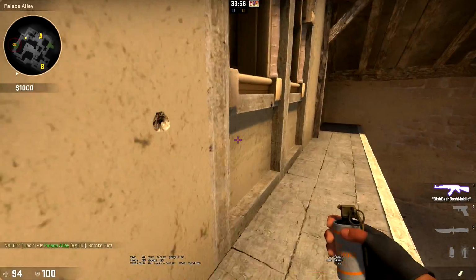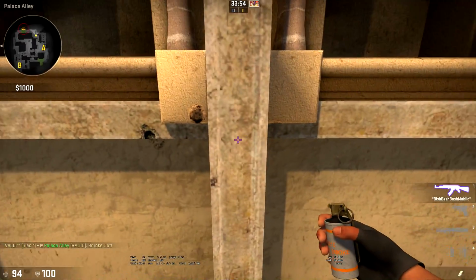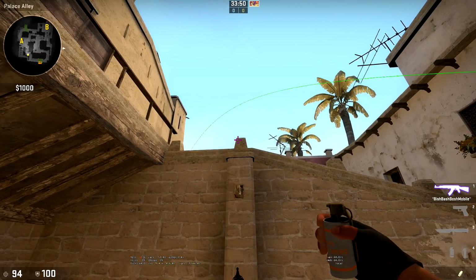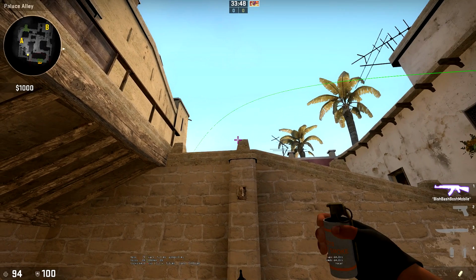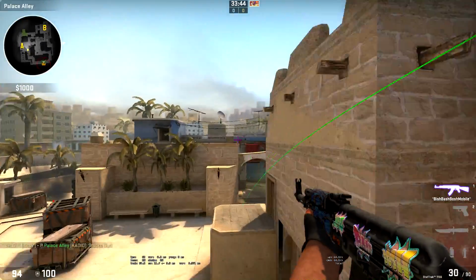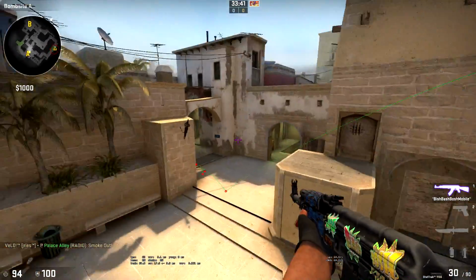And then you want to smoke off jungle, because again, there's a player there most of the time. What you can do, line up with this pillar here. Come up to the corner of this. Bring it out a little bit. And then just throw it. If you do it right and don't screw it up like I do half the time, it should bounce pretty perfectly and cover...